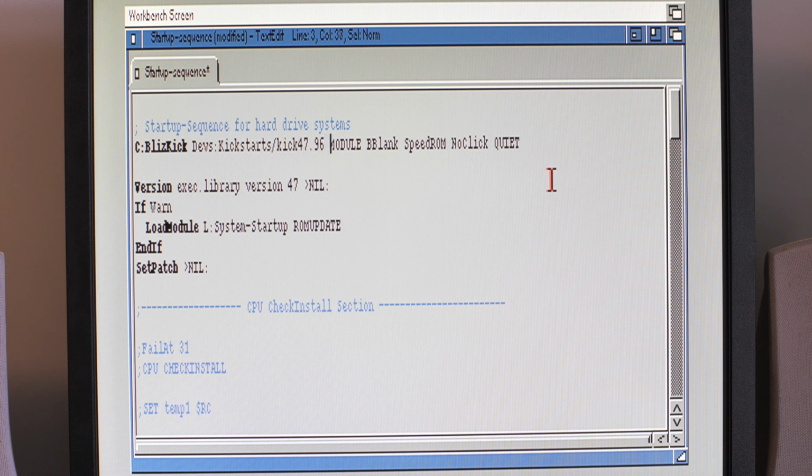I chuck it a kickstart, I border blank. Hence why sometimes you'll see my Workbench having a black border around it and sometimes not. And when it doesn't, you just get the grey one. And that means Blitzkick isn't running. SpeedROM just speeds a few things up, and no click. So I don't get any clicking from my floppy drive, which,